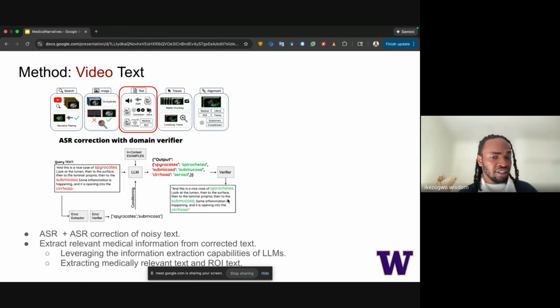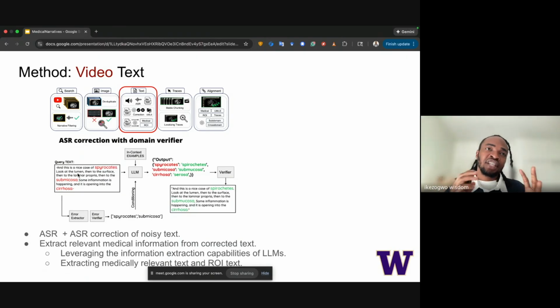And specifically, the way we avoid any sort of hallucination of words is that we do a double check, right? So we essentially task the LLM with words we know for sure are not in any medical database of terms, but somehow appear here. And the LLM corrects those, right?